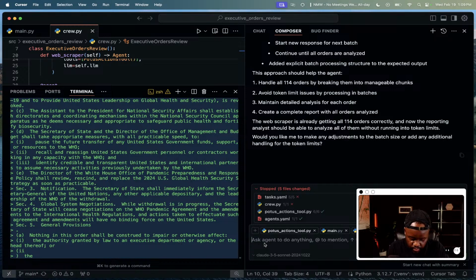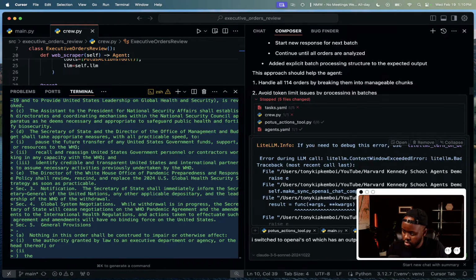So let's tell it, switched to OpenAI's O1, which has an output token limit of 100k, and got this error. Maybe we should do chunking,